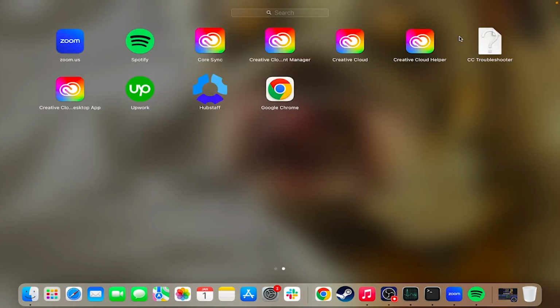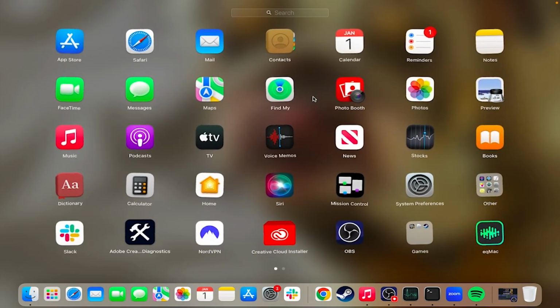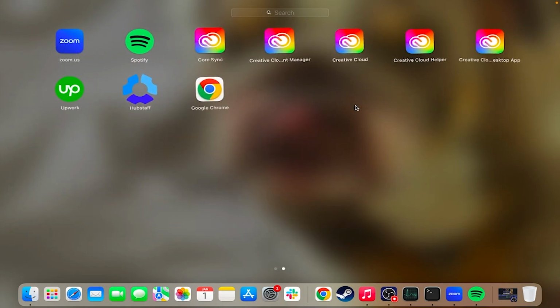And from the Launchpad, you're just going to hold down on the application that you want to delete. And if you see this cross icon in the top left-hand side of an application, then all we need to do is click on it to delete it like so. You can see not all of the applications have this cross icon next to it, in which case we'll need